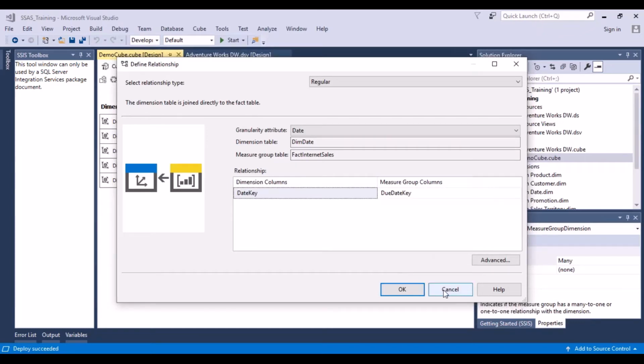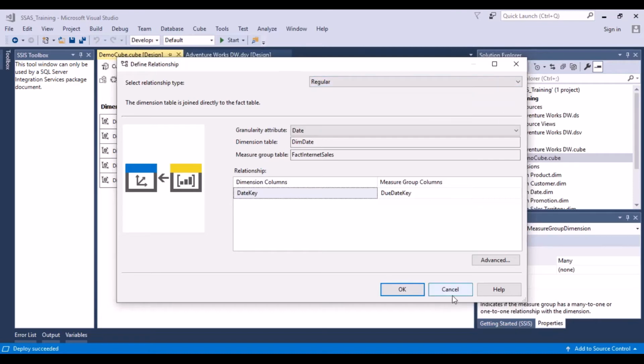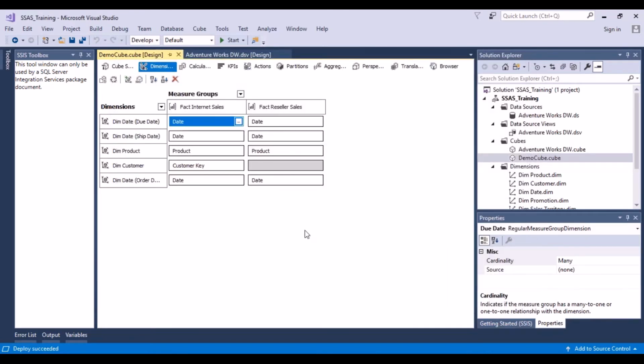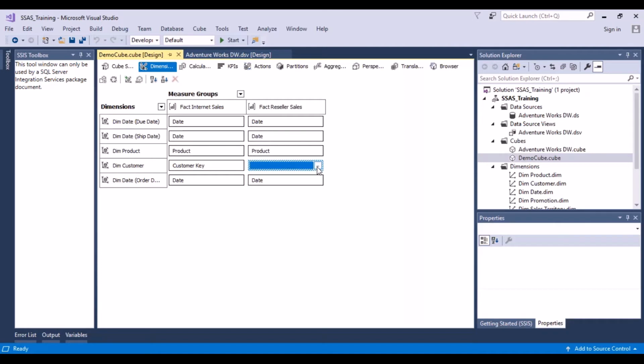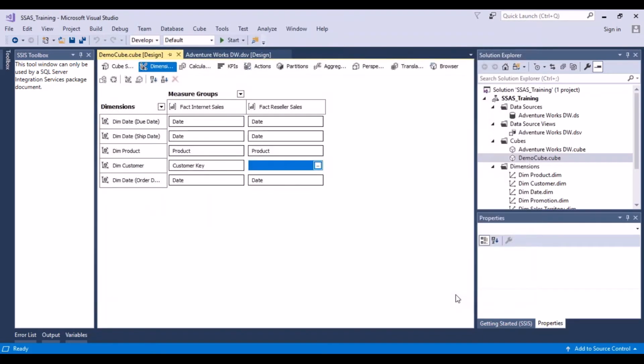dimension tables. All right, and if you click on that link, a define relationship wizard comes up. Then you can define your relationship type from regular to fact to reference to many to many and so on, and to no relationship. So if SSAS is not able to decipher on its own and you want to explicitly define a relationship between a dimension and the fact table, you can do that by clicking over here. For example, let's say that we actually want to define a relationship between the customer and the fact reseller sales, and we have created some key to join them. We can define a relationship over here between them, and it will ask for a key on which it is joined, and we can define a user calculated